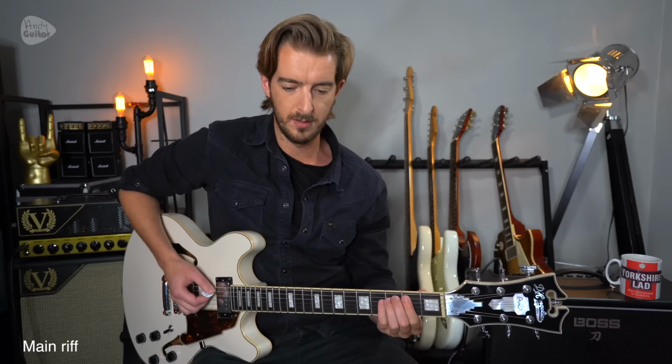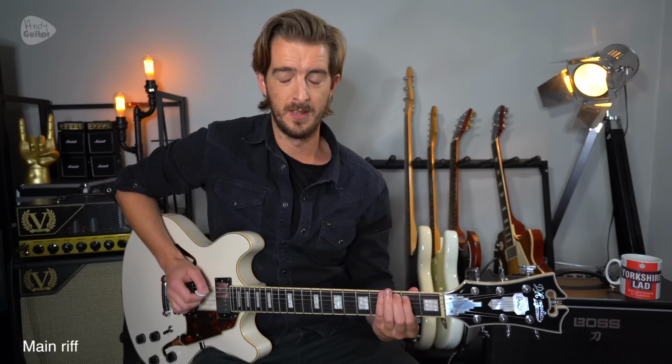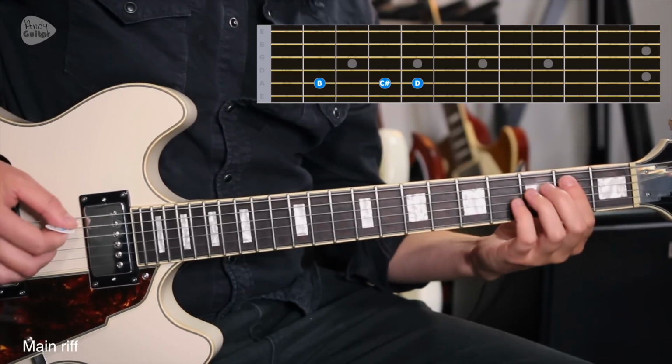Little bonus detail, the first time the riff is played, it's just the first note that is short and sharp, what we call staccato, and the second note is long. And then on the second repetition, they're both short. So the first 2 repetitions of the riff are...